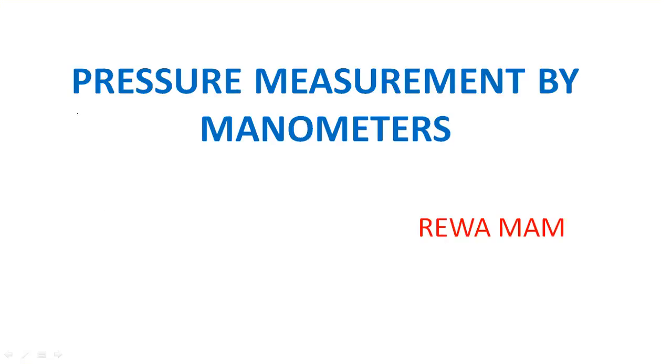In order to measure pressure, manometers are one of the equipments that are used. Now, pressure can be either higher than atmospheric pressure. For example, if this is the atmospheric pressure, you can either have a pressure higher than the atmospheric pressure, or sometimes, in some cases, pressure lower than the atmospheric pressure. It's a very simple example through which we'll understand how this happens.